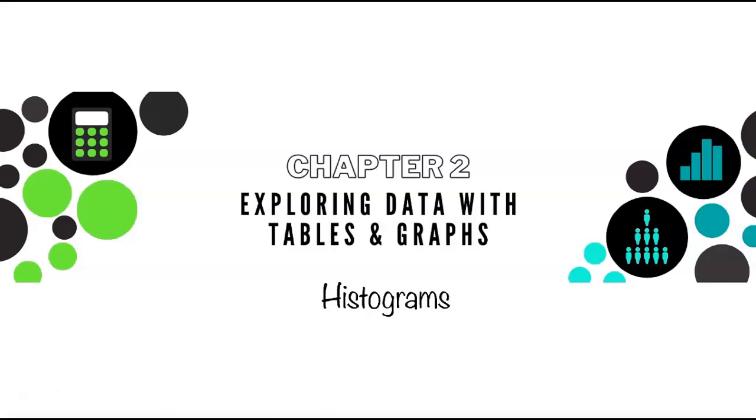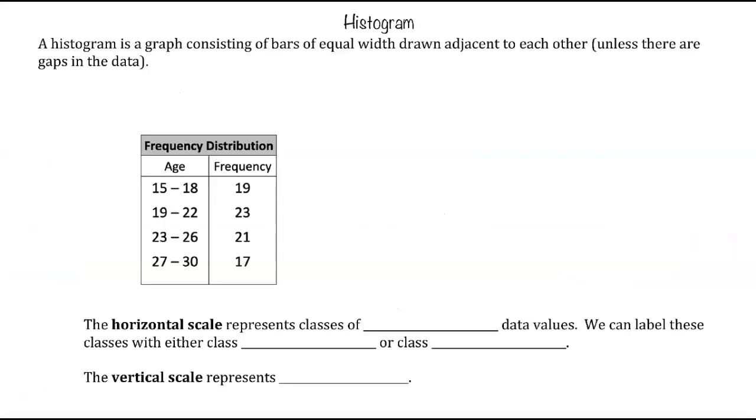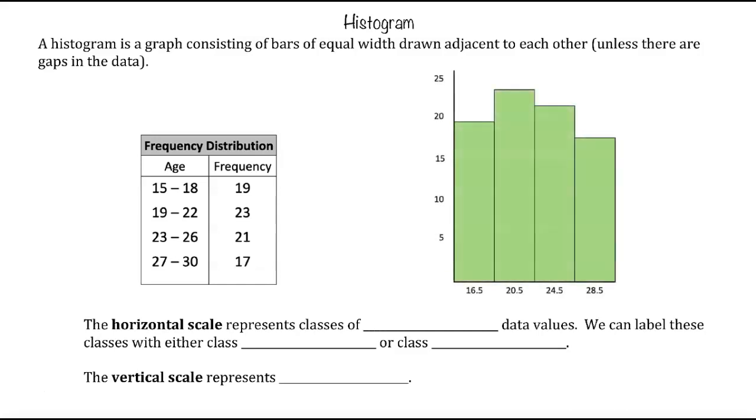Continuing our study of tables and graphs in Chapter 2, this lesson is going to be all about histograms. A histogram is a graph consisting of bars of equal width drawn adjacent to one another, as long as there are no gaps in the data. For example, we could take this frequency distribution and construct the following histogram to display the data in a different